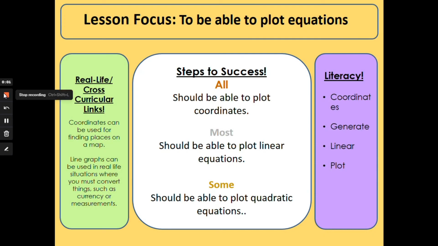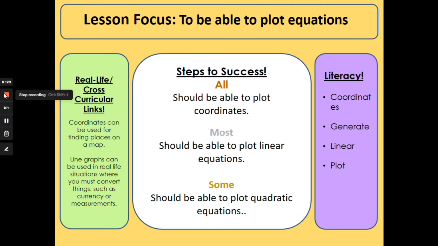Hello and welcome to the Key Stage 4 maths lesson, and today we are going to be plotting equations onto graphs. So to start with, I'm going to go through the lesson objectives so that all of you should be able to plot coordinates. Most of you should be able to plot something called linear equations, and by the end of the lesson you should all know what a linear equation is, and some of you will be able to